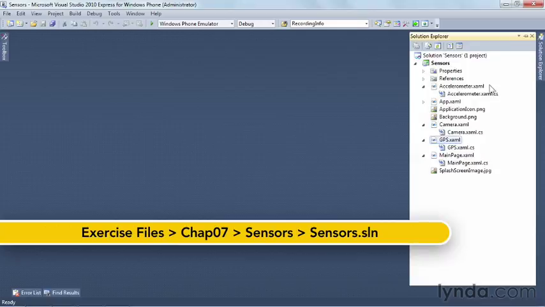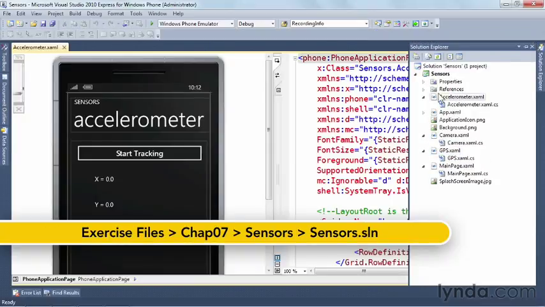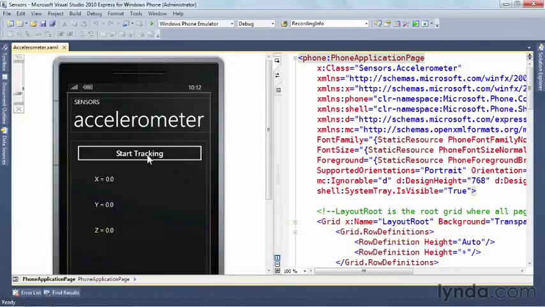And finally, let's take a look at how to use the accelerometer. Once again, back to our Solution Explorer. Let's open up the accelerometer page. And here, similar to the GPS, we have a button which starts tracking the accelerometer data because, again, it's event-driven, and you don't want to be tracking it all the time unless you're actually using it, partly to save battery